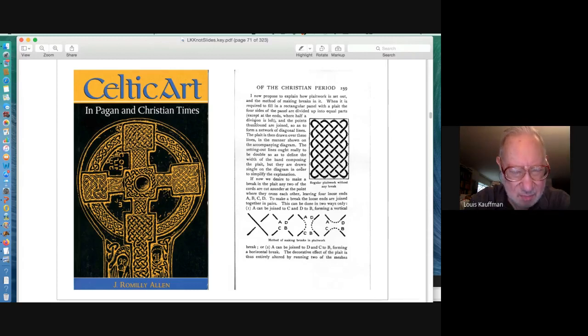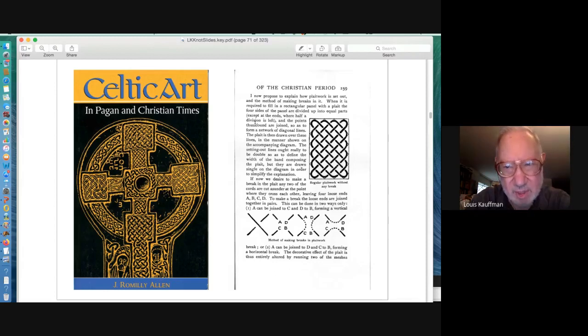There's a book by Romilly Allen. Of course, this isn't how they were discovered, but it's an interesting historical point. There's a book by Romilly Allen on Celtic art, as you see here. This was published around 1900. And in that domain, people think about making designs like the Celtic designs that you see over here on the cover of the book. And Allen points out that the designs can be obtained, and he conjectures that they were